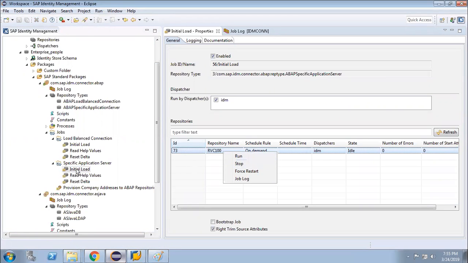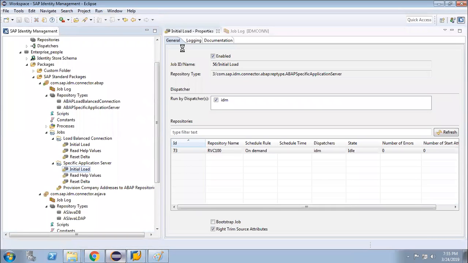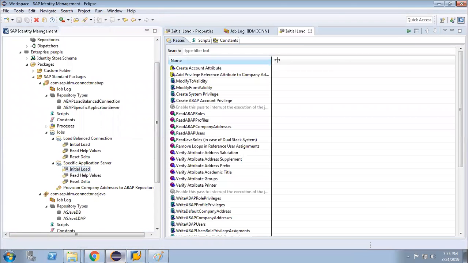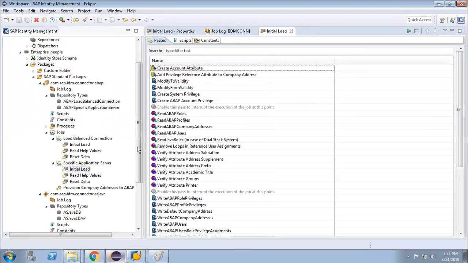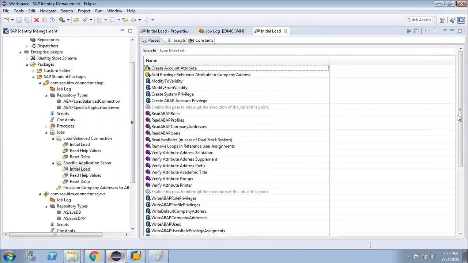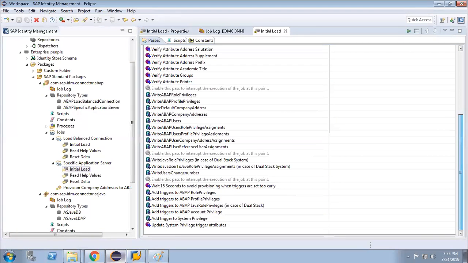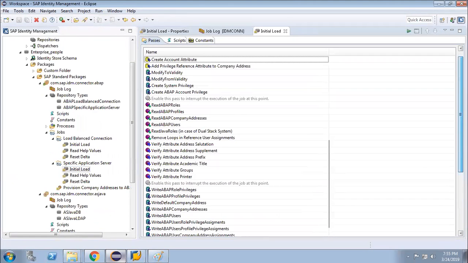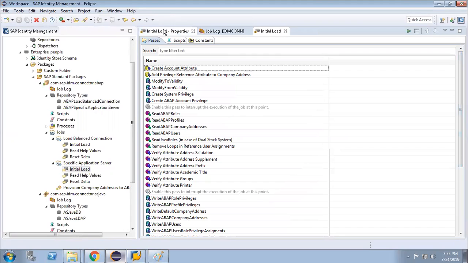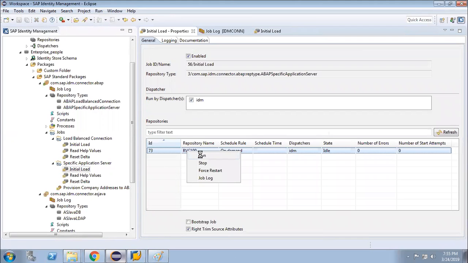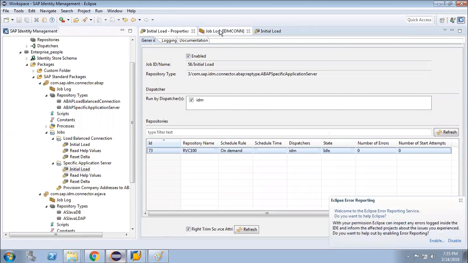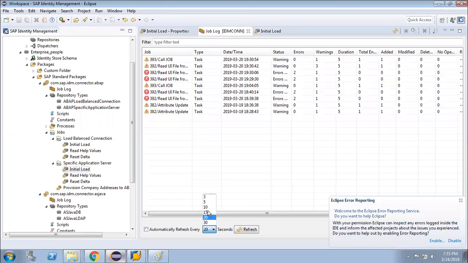Before running it, what exactly will the system do? Okay, let's run it and then we will see whether it runs or throws an error.